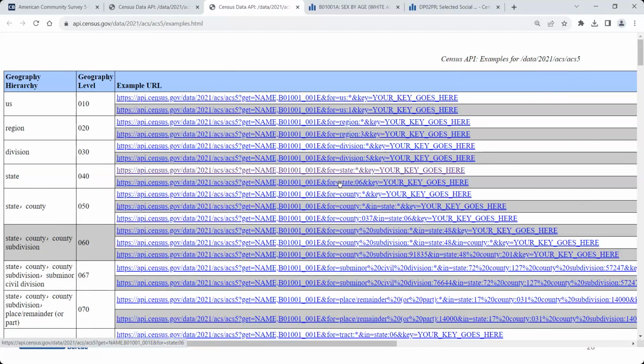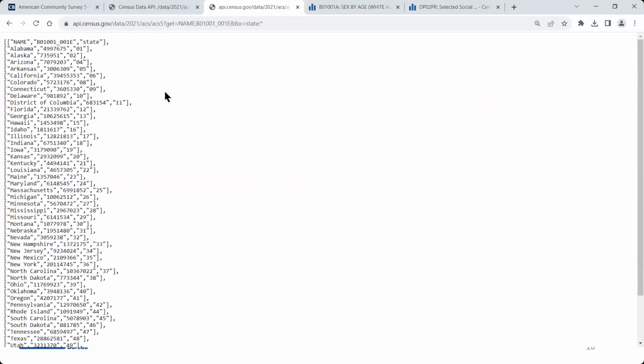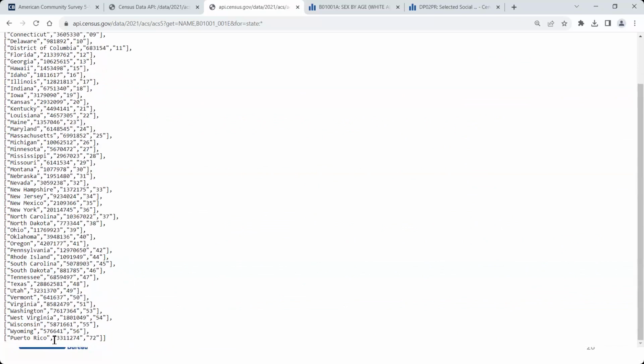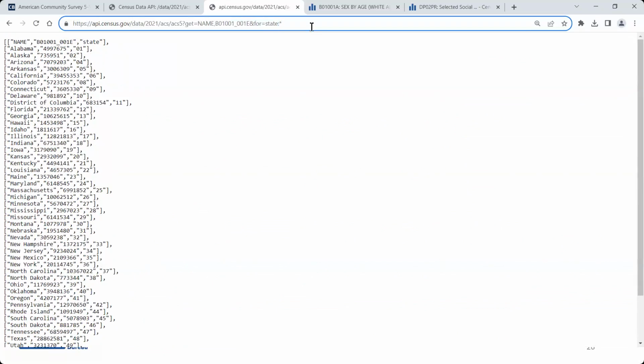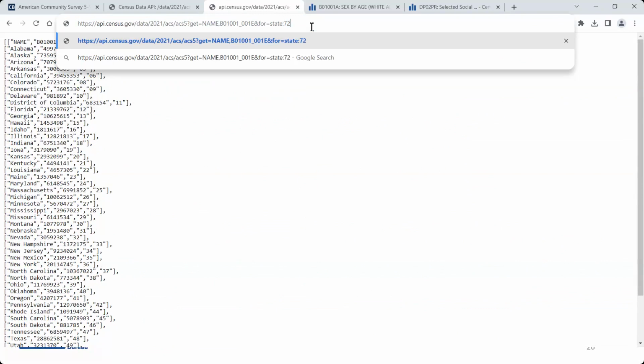But if you had forgotten what the Puerto Rico FIPS code was, we could click on the first link here, which has that asterisk. And then when we go over to this page, we can see the FIPS code down at the bottom for Puerto Rico is going to be, of course, again, 72. So same thing like we did on the first example, go up into our address bar, remove that asterisk or wildcard as it's called, and replace it with the FIPS code for Puerto Rico, which is 72. And when I hit enter, now we have at least cleaned up the geography. So we've got the geography set. Now let's add in those variables that we were looking for.